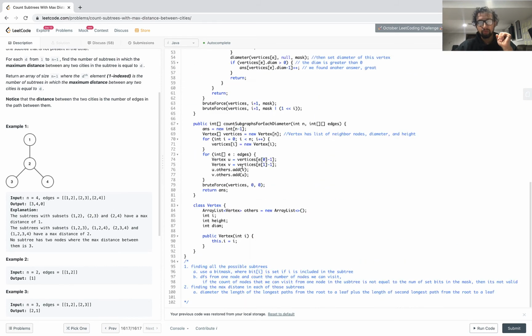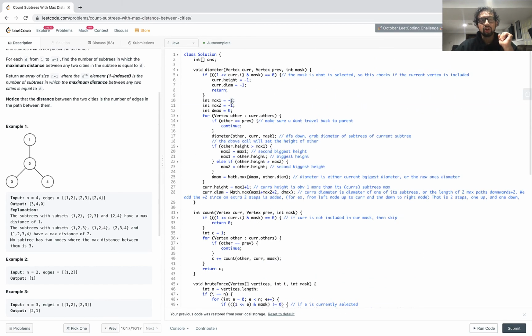Well, as we mentioned, what is the diameter? It's the length of the longest path from the root to a leaf plus the length of the second longest path from the root to a leaf. Max 1 is the longest path from root to leaf. Max 2 is going to be the second longest path from root to leaf. This is the maximum diameter we're going to get. We're going to start at this node. We're going to travel to all our